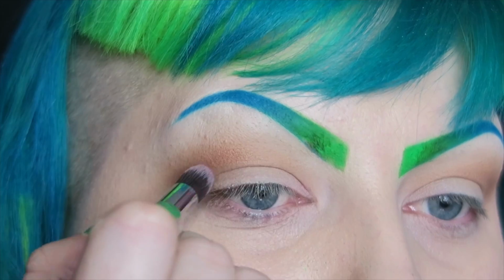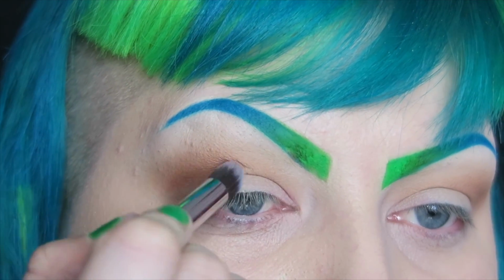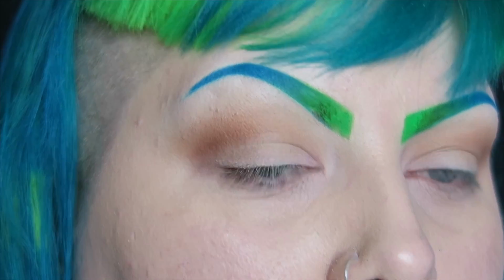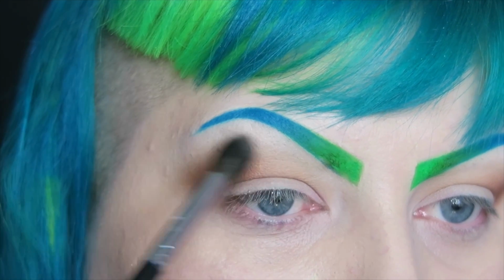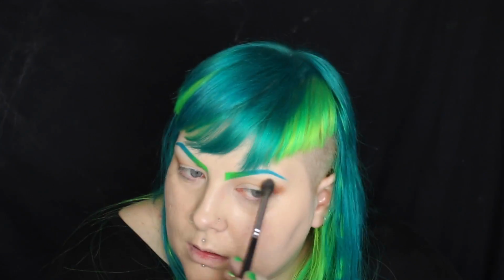So now I'm going in with this Morphe, I don't really know what kind of brush this is, to be honest. It's like a pointed blending brush. And I'm taking that burgundy colour again that I was using before, but this time I'm just focusing it around the corner of my eye, and then again going in with that fluffy brush to blend out those edges,